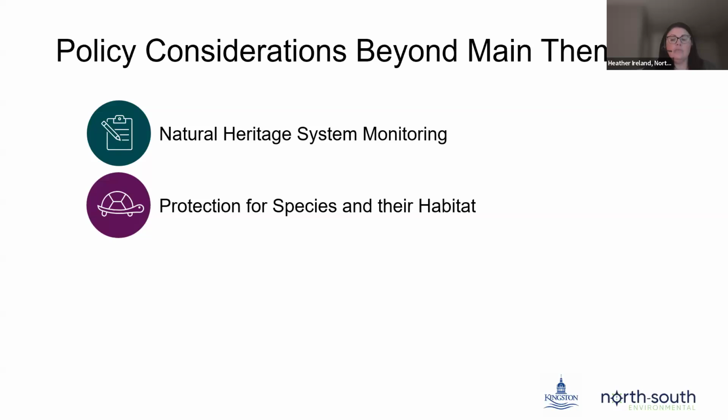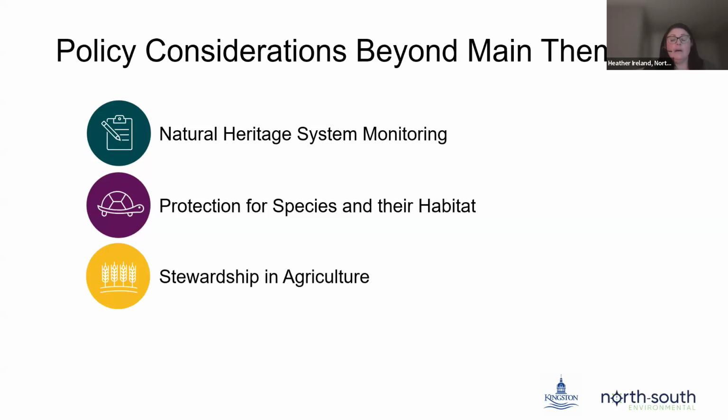Another area that we heard back about a lot was the protection for species and their habitat. So the protection for significant wildlife habitat, there are policy considerations around ensuring to account for species types, including amphibians and turtles, with screening guidance to support its implementation through identification of significant wildlife habitat. Again, the screening would be as a result of limited mapping currently available and may be determined through environmental impact studies or subwatershed studies. Measures should really reflect the ecological sensitivity of those habitats to ensure long-term sustainability.